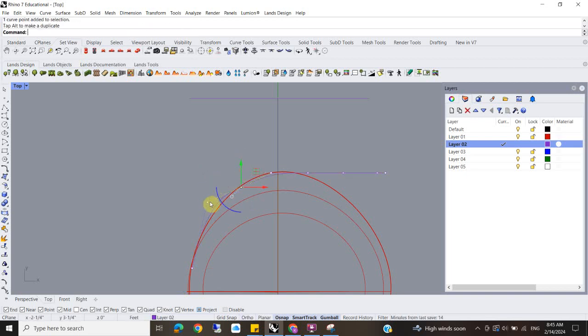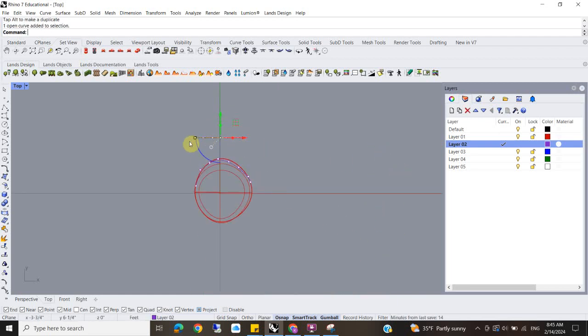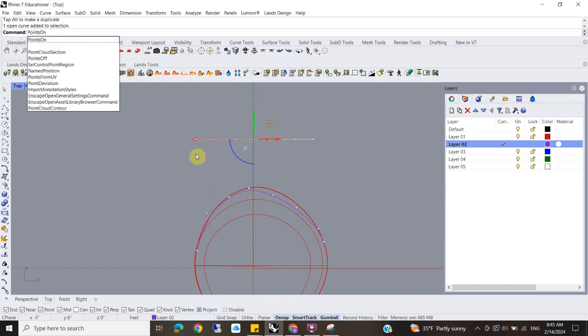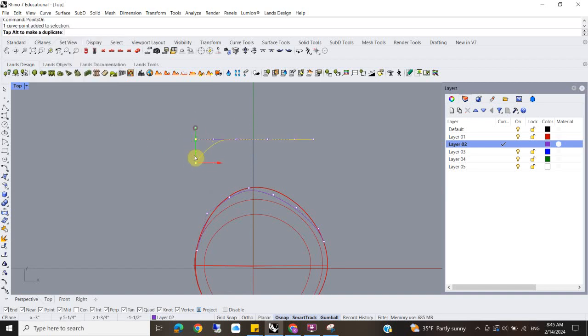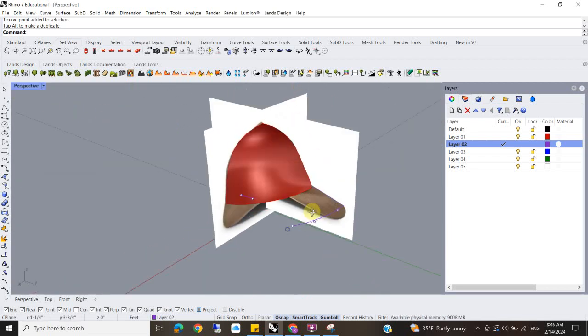I'm leaving project on so that I know they're not changing in dimensions that I'm not looking at. And bring this back, bring this one back, bring this one back, bring this one back. Okay, and then same thing here. I'm going to do points on, and I'm going to bring back a few of these. So now I'm kind of describing what the side of the hat looks like with these. Okay, so this is probably not going to be perfect, but just as a starting point,